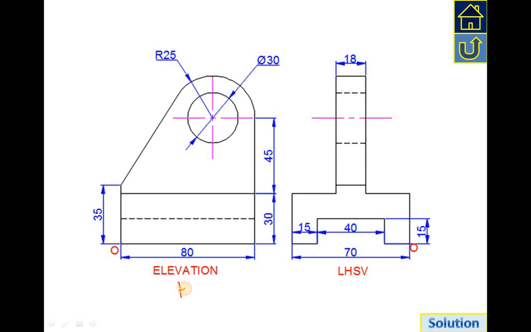This is actually the front view, and this is the left hand side view. That means this front view is visualized from this side. When you see the front view from this side, you get this left hand side view, right? And that's why you can see dotted lines here in the left hand side view, where the left hand side view is visualized from this side, and then one can get the front view.